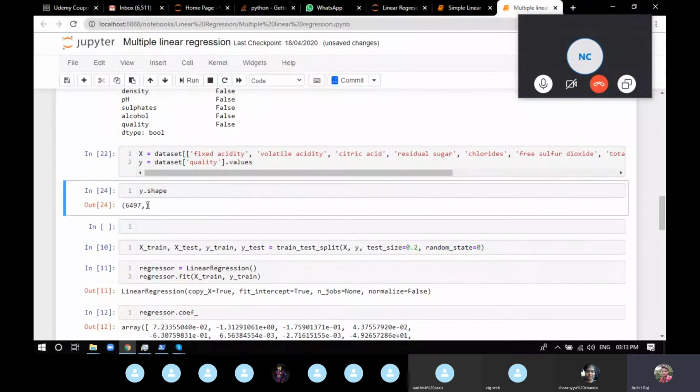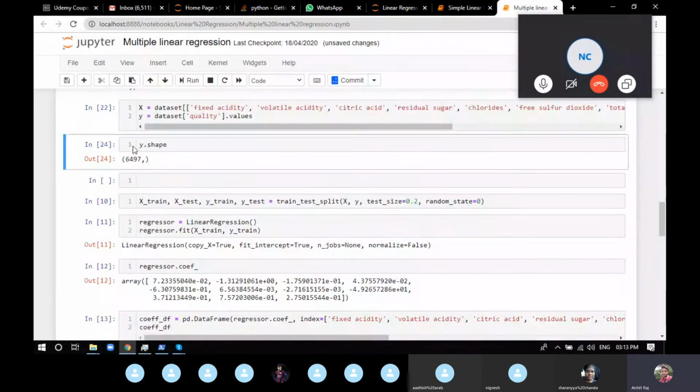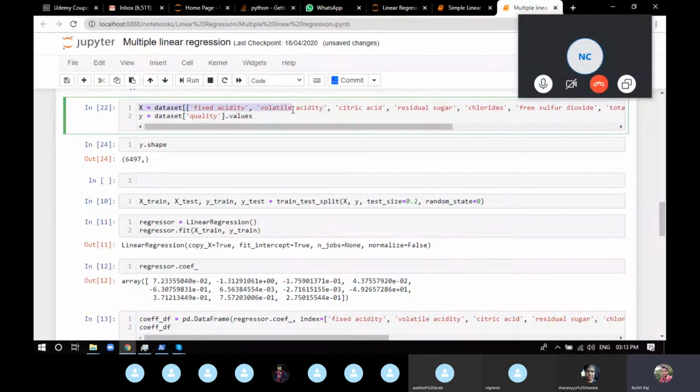Now remember I told you about the reshape one, that you have to reshape the data to provide a blank column in order for your data to work completely fine. We are not doing it here because we only have to make sure that the X value has the columns. If the Y value does not, it's fine.